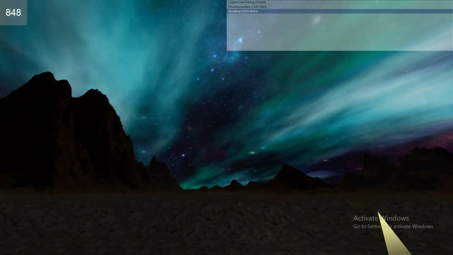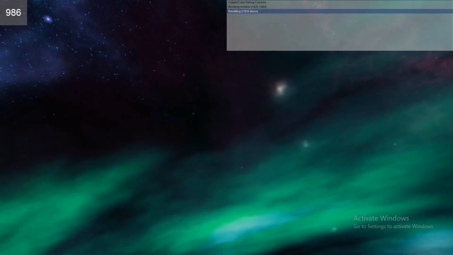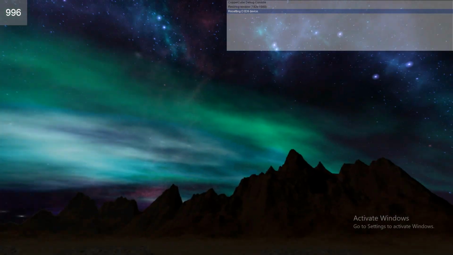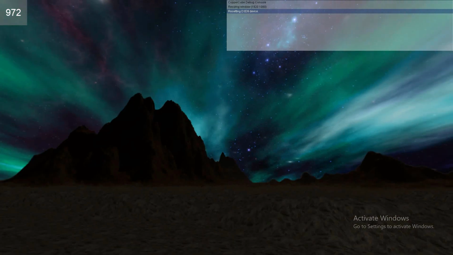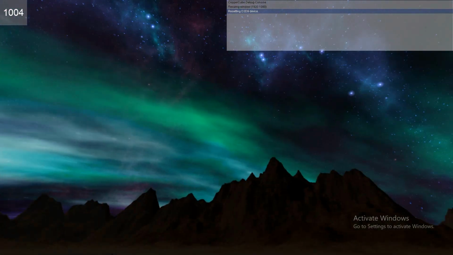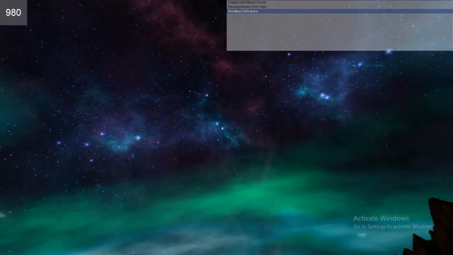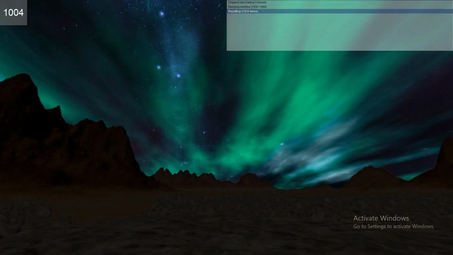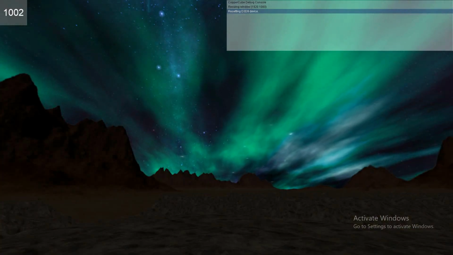Okay, so this is my current version of the Aurora. It's a different way of doing it compared to what most people do for an Aurora effect, but I found this to be extremely performant. It has pretty much zero impact on performance, and it still looks pretty good. It's bright, it's clear. I'm pretty happy with it. On top of that, I've got a method of changing the look of it in terms of colors and shapes over time,